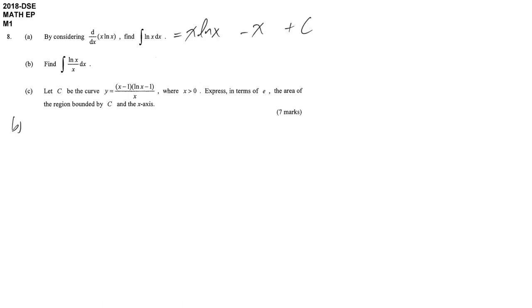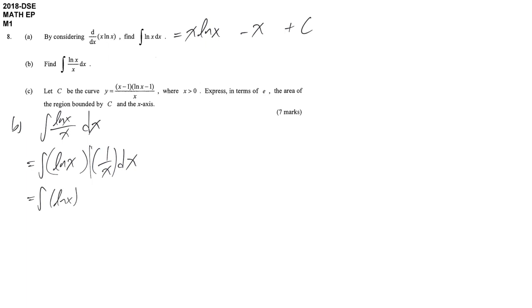Part B is log independence, so natural log x over x dx. They don't give any hints, so most probably you are going to solve it by substitution. There are two factors. One is natural log x and another one is 1 over x. Then you should think about anything you can put inside the differentiation at the back here. 1 over x is an outcome of differentiation. So